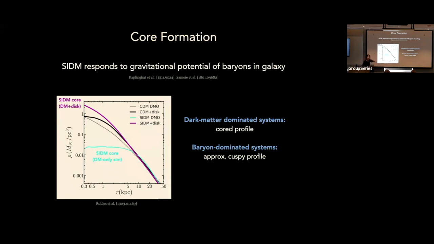Sure. Yeah. And then I had another question. How does the gravothermal collapse profile differ from just a really cuspy profile? Because you have a really tight core, right? Well, actually, Oren can answer that. He has some plots, so his computer can answer that in some detail. It'll end up looking something like this.